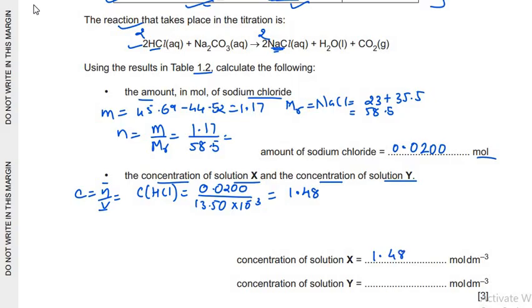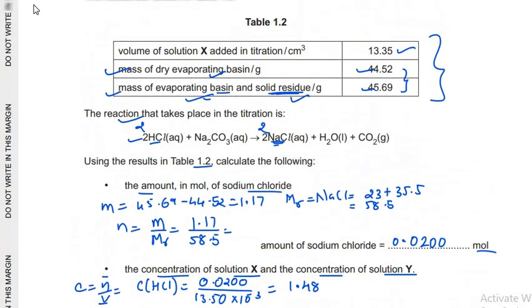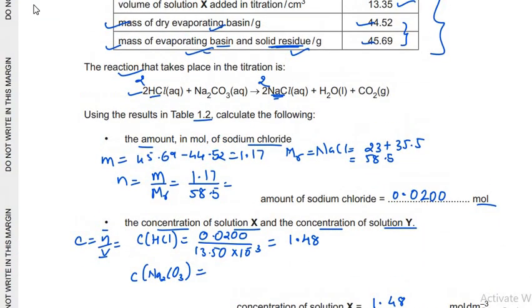Now we need to know the concentration of solution Y, that is sodium carbonate. If we again check the equation, compared to sodium chloride, the sodium carbonate used is half the moles, because the ratio of sodium chloride is 2 and the ratio of sodium carbonate is 1. So it is a 1:2 ratio. So the moles should be half of the moles used here. So the moles will be 0.0100